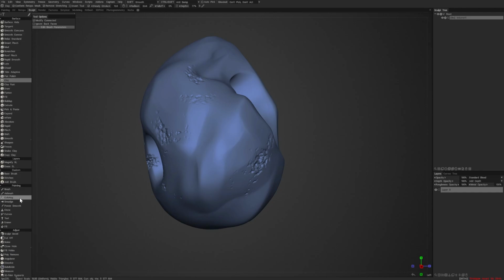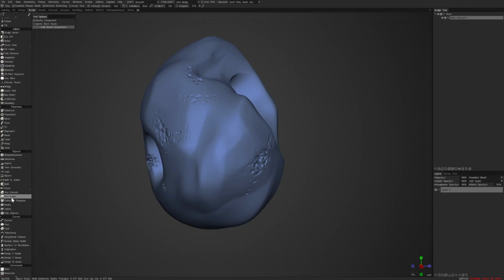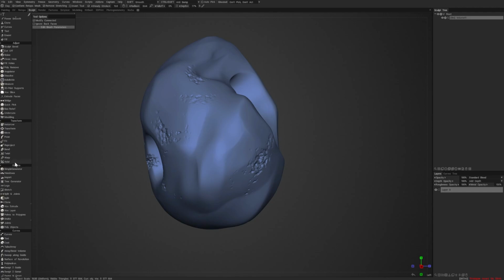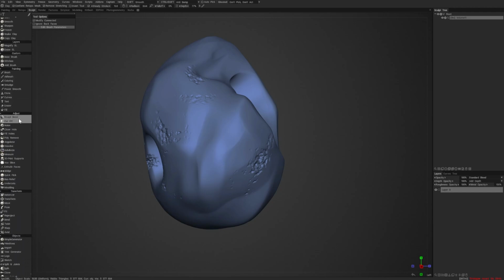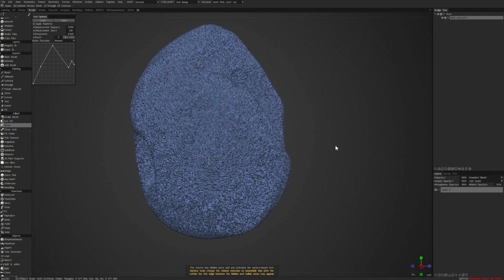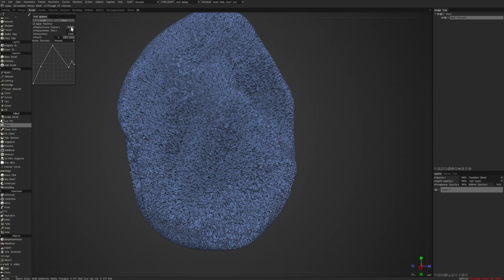So not only do you have these surface mode options, you also have a few extra tools down here, such as, there should be a noise option. Noise. So if I go for noise, I can apply real time. So what this does, it basically applies noise to my mesh. I can mask this as well. So let's change the displacement degree. So this is the amount it displaces the mesh. So we can change this to a small number, say